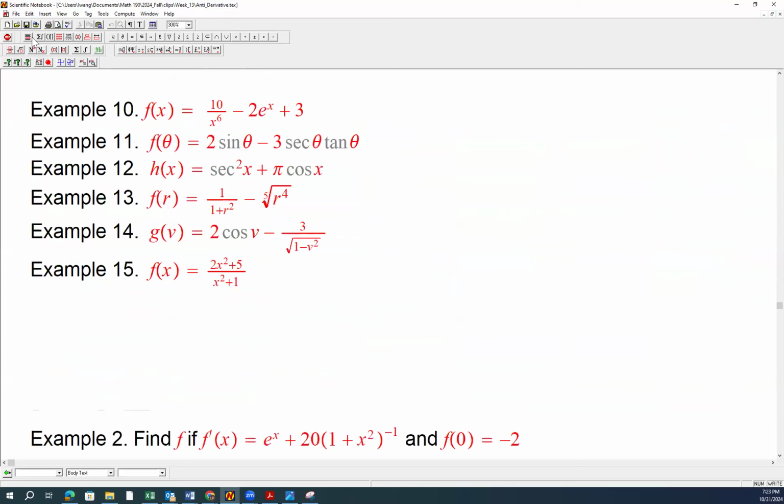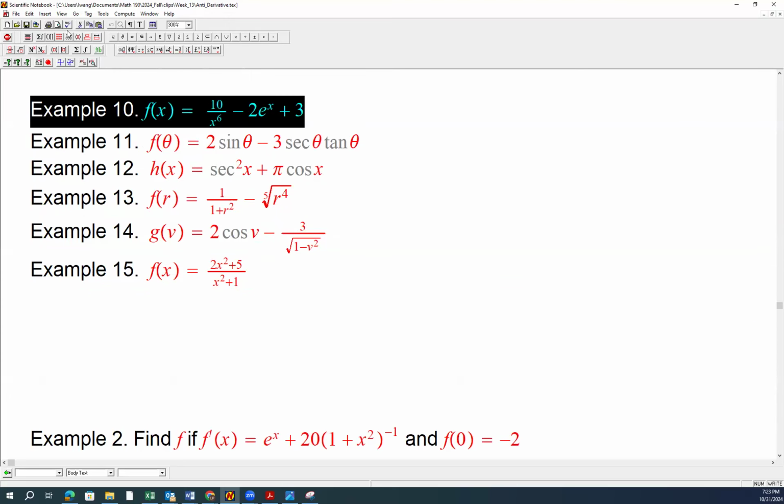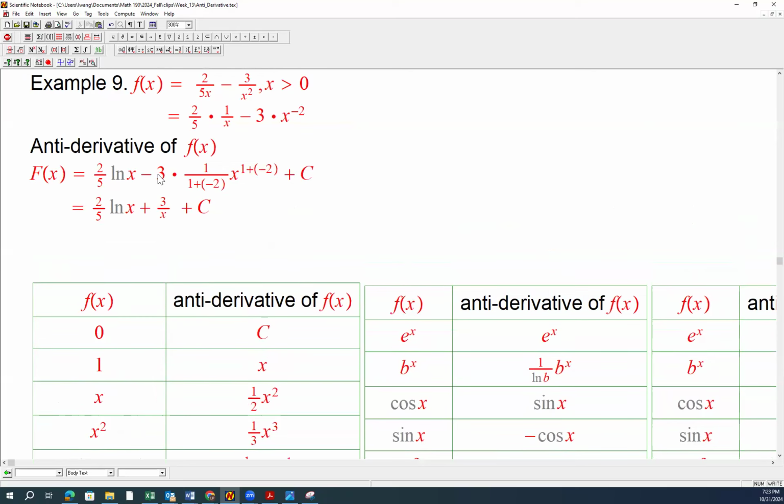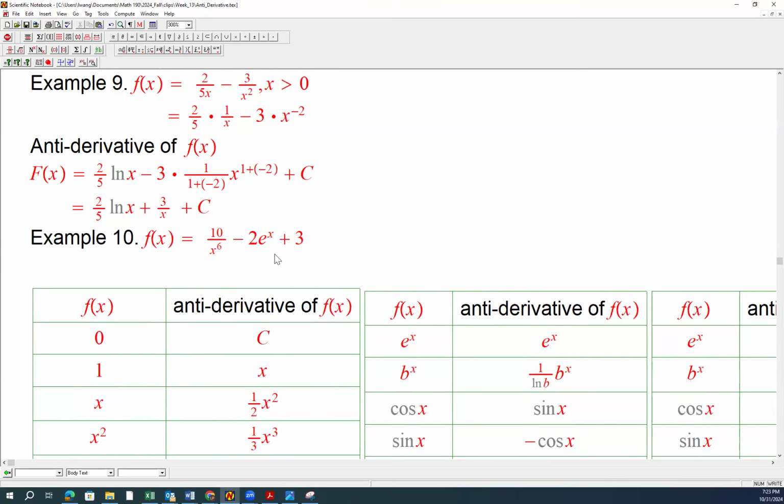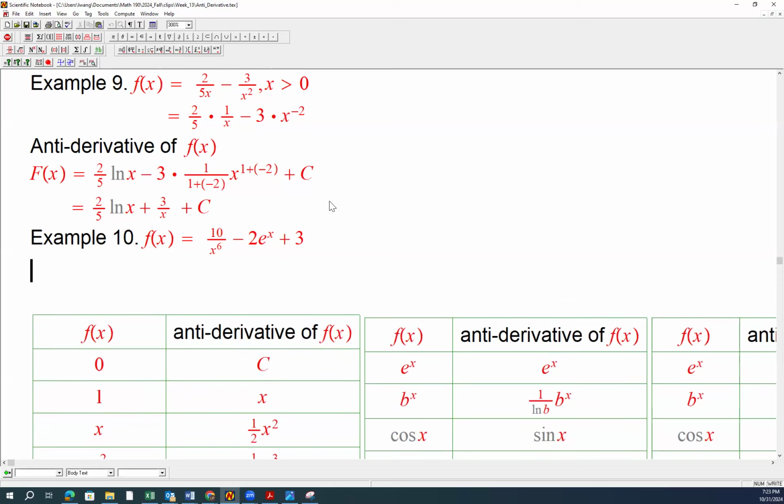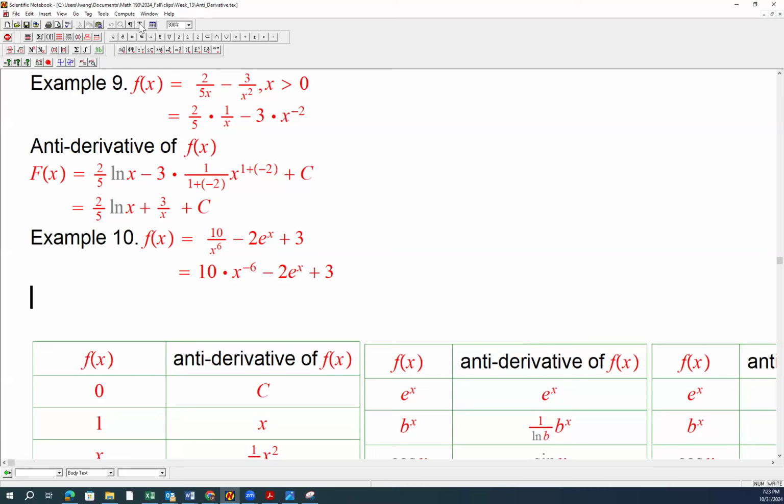Number 10. So we get to use some other functions. Example number 10 is almost pretty straightforward, except that you almost don't need this step, by the way. 10 multiplied by x raised to the power of negative 6 minus 2 times e to the power x, plus 3. The antiderivative,